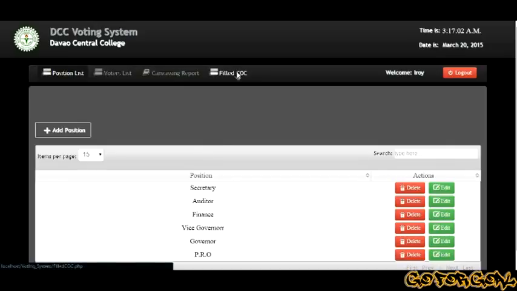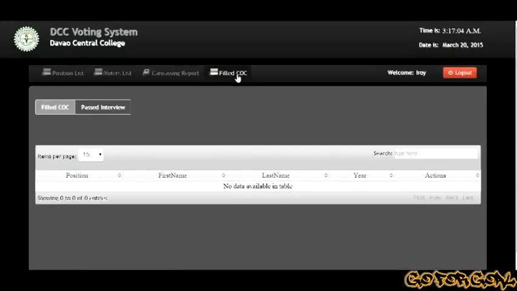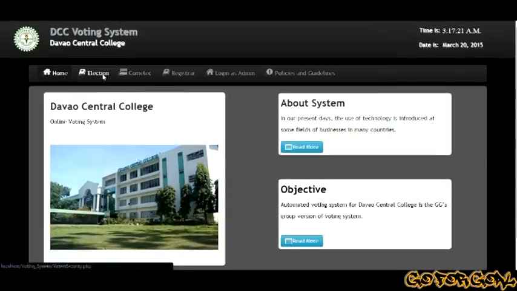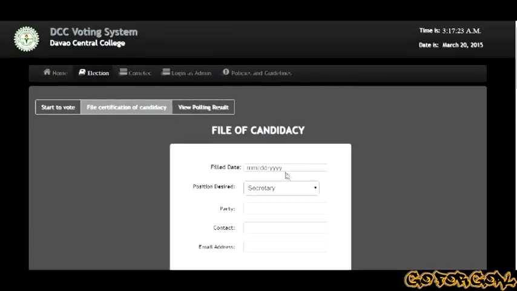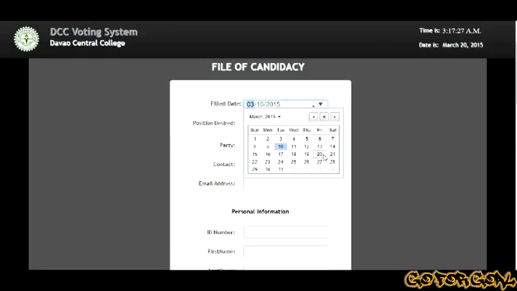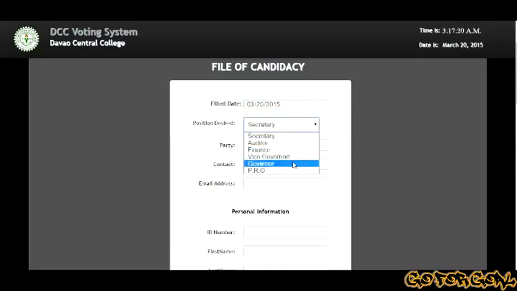Now, we need to go to the filed COC so that we can see if there's somebody who filed for candidacy. So if you will notice, there is no data. So let's file for the COC. I'm running for the governor.